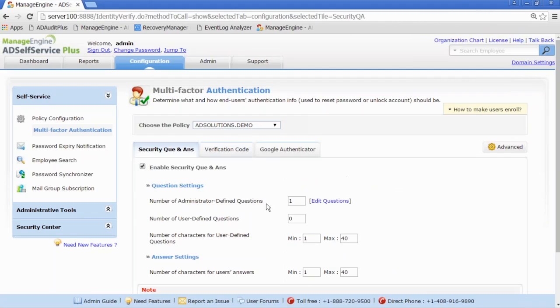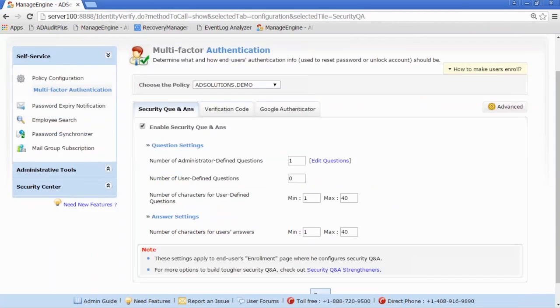Okay? Then you get to determine how many questions they must answer in order for them to get into the system. We all know that, you know, over the last 2 years, different environments have been hacked because it was simple question and answers and people could guess what the answers were. So you need to, in your environment, determine what you want.